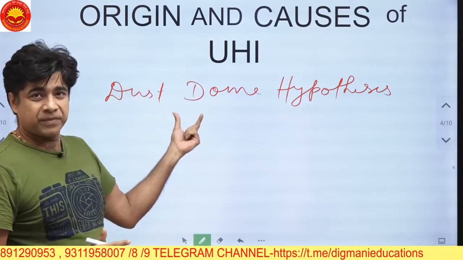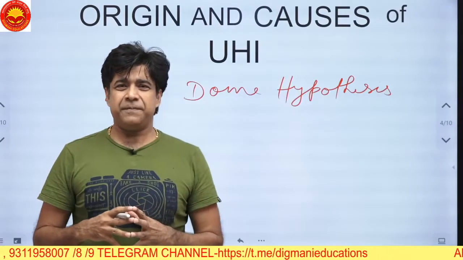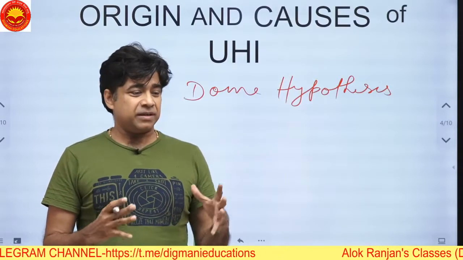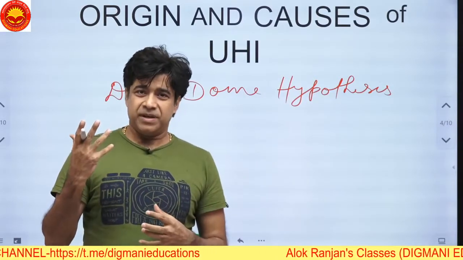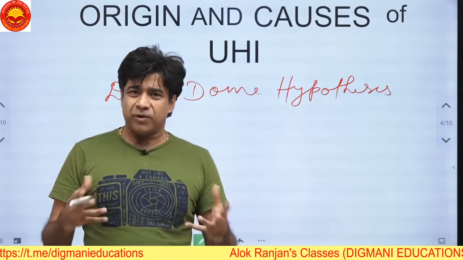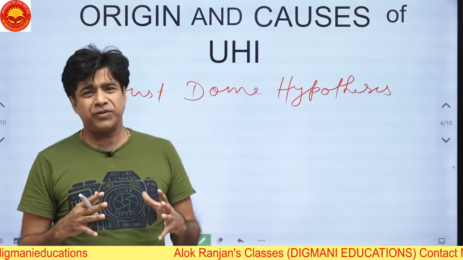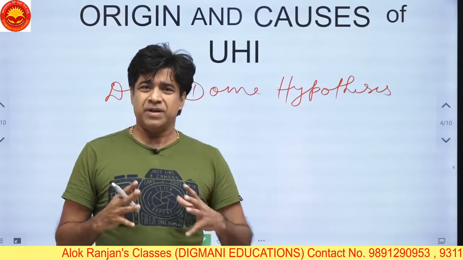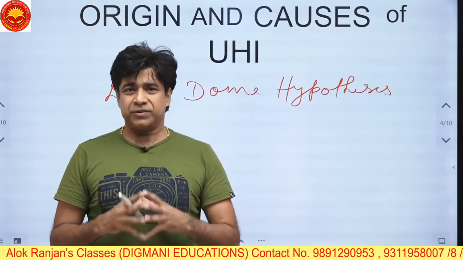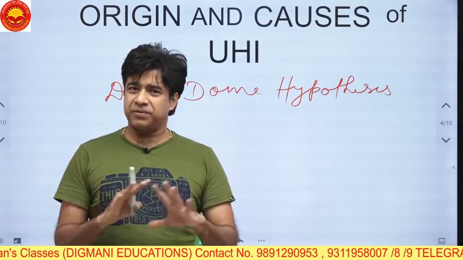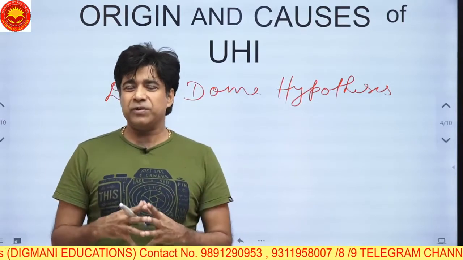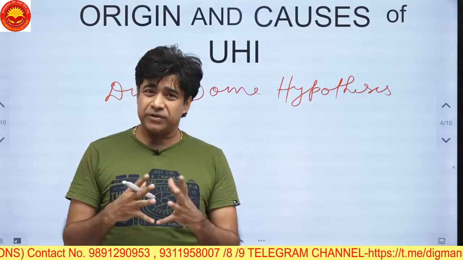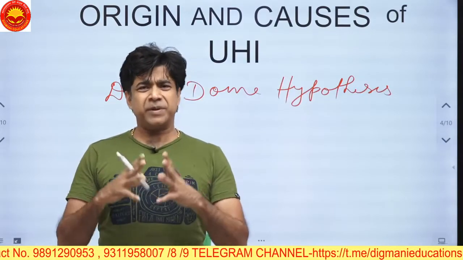What is the dust dome? The urban areas have human volcanoes. Human volcanoes refers to the industrial chimneys and factory pollutants. All these factories, industries and big thermal power plants are called urban volcanoes, or human volcanoes. These volcanoes are erupting all the time, 24 hours, emitting aerosols, polluted gases, smoke, carbon soot and many other pollutants, the urban particulates.